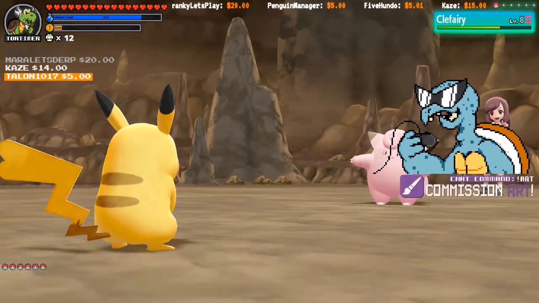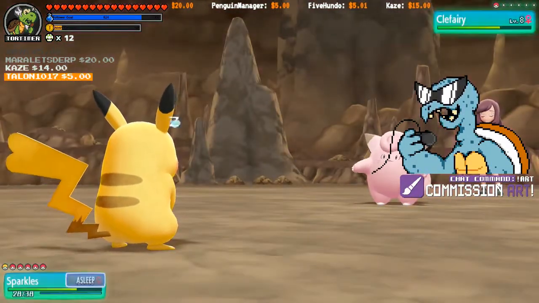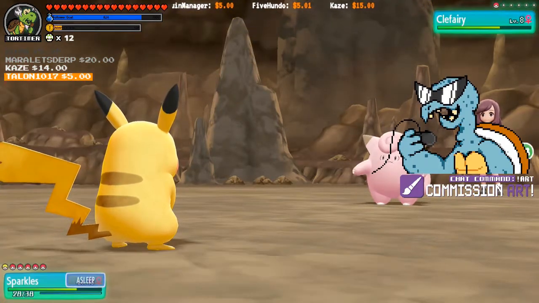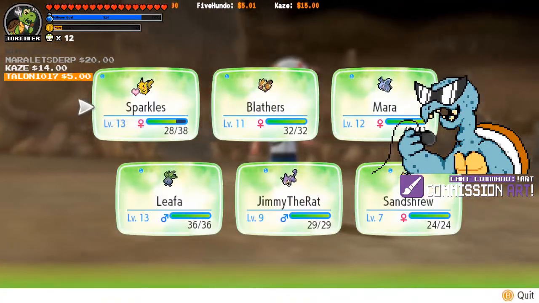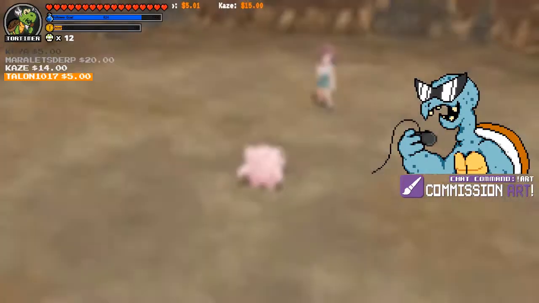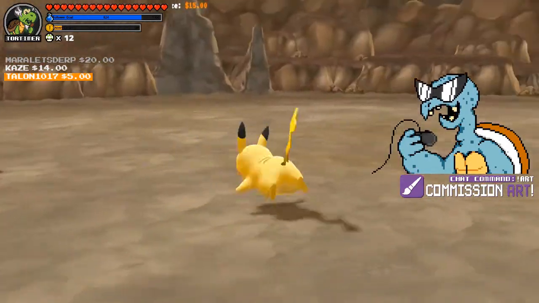Oh no! Sparkle fell asleep. But yeah, they do a lot of great work. All right, Sparkles needs to come out. Let's see. Let's bring Mara in. Switch. Yes, if we could. Oh wait,